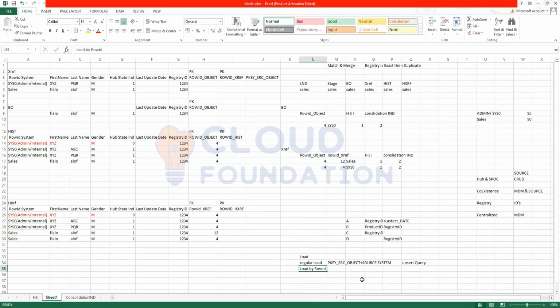Load by row ID is only utilized for update. It is not utilized for insert. It requires the row ID object to also be given in the record. Now, what does that mean? If you have already created that record and you know which record you need to update, even if it is coming from a different source system,